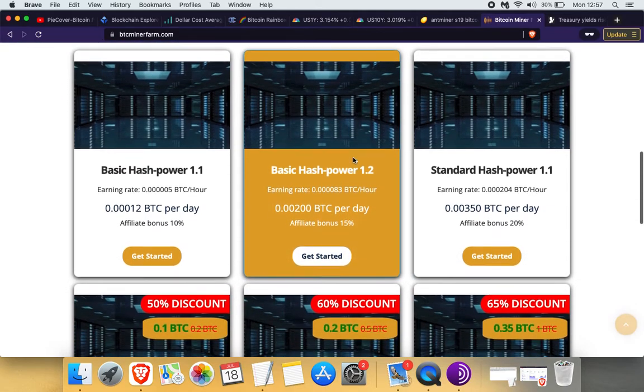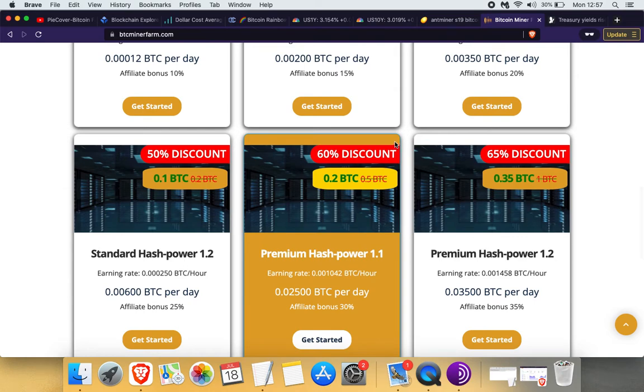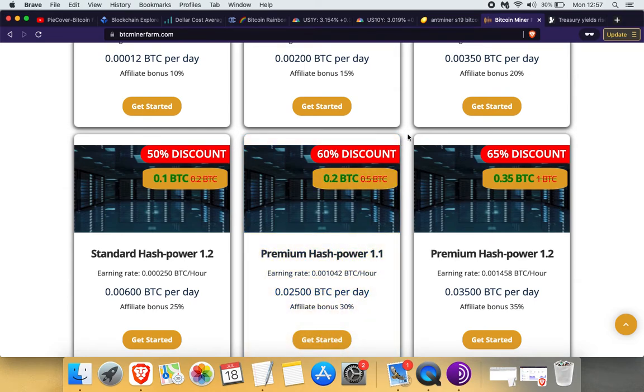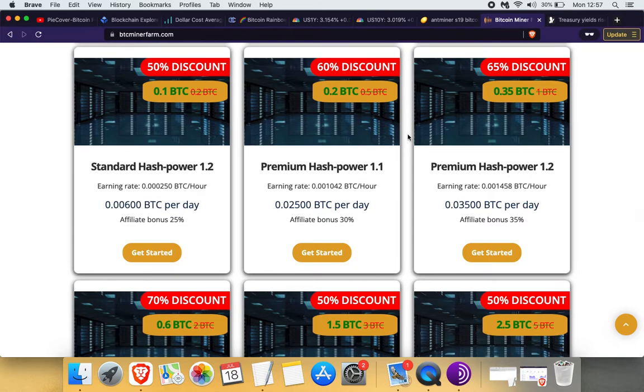I also see on some website, you see over here, there's bitminerfarm.com that's providing discounts on Bitcoin, like maybe cloud mining, some stuff like that. They are getting cheaper, just to show you how things are across the board getting way cheaper for mining, to get a better deal and stuff like that. I think it's gonna get way lower than that because